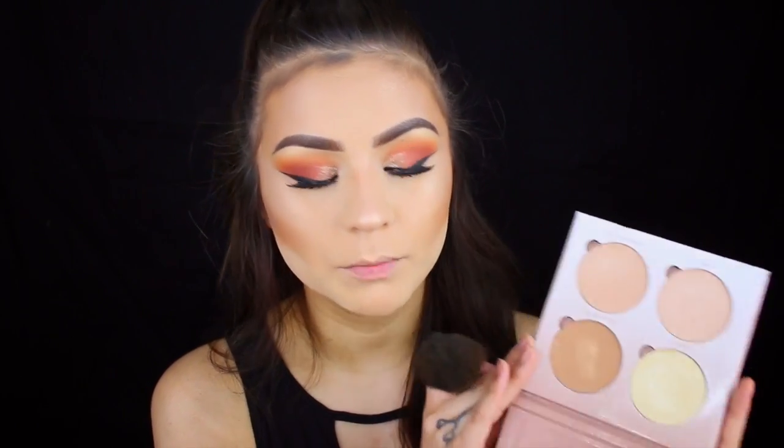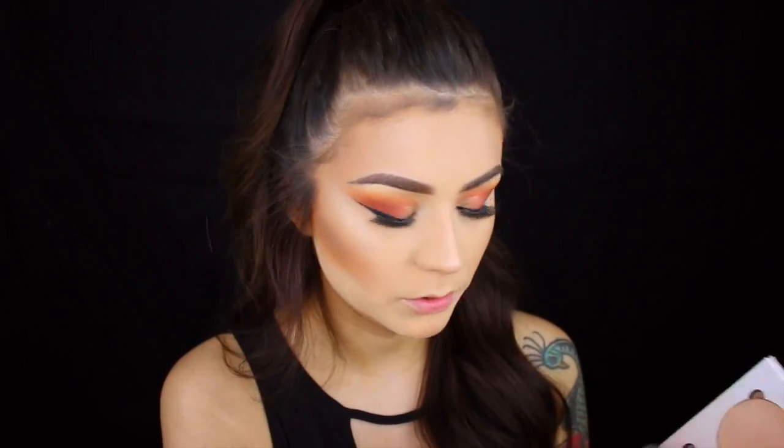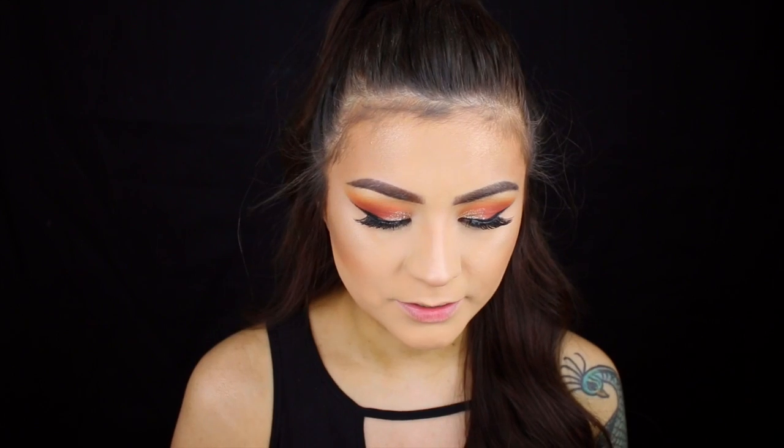This one is Golden Bronze from the That Glow Kit by Anastasia. You can go ahead and take a little bit of that, and that'll help melt those two colors together. Alright, so now for the powder highlight, and the one I've been using a lot is this one from